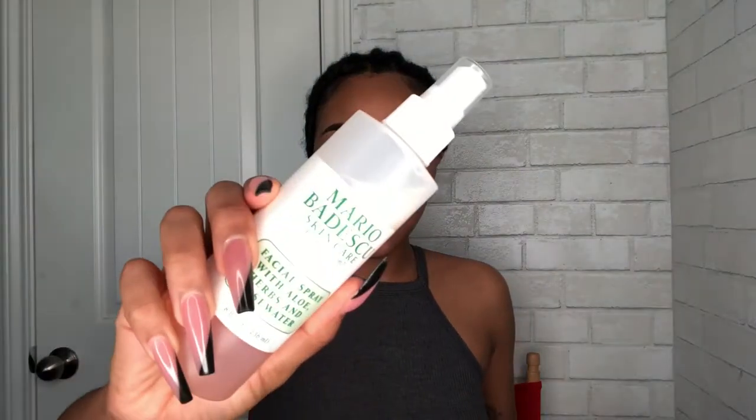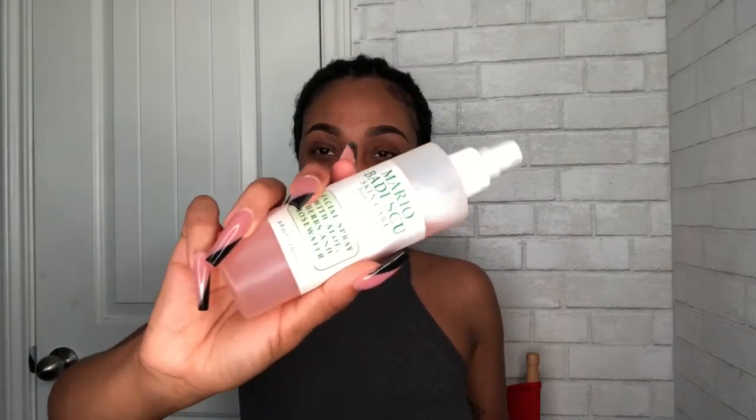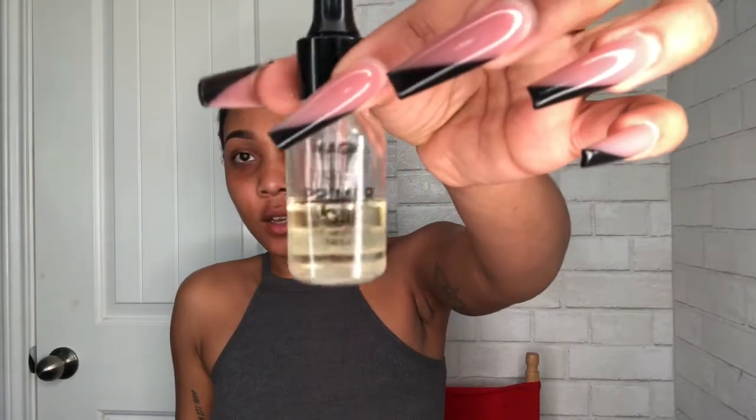So now we're gonna get into this primer. I use this to prime my face, that Mario Badescu, y'all know about that. If y'all don't, they sell this at Ulta. It is 12 something. And then I also use this right here. This is a beauty supply store product. If y'all know of any good primers that y'all want to put me on,